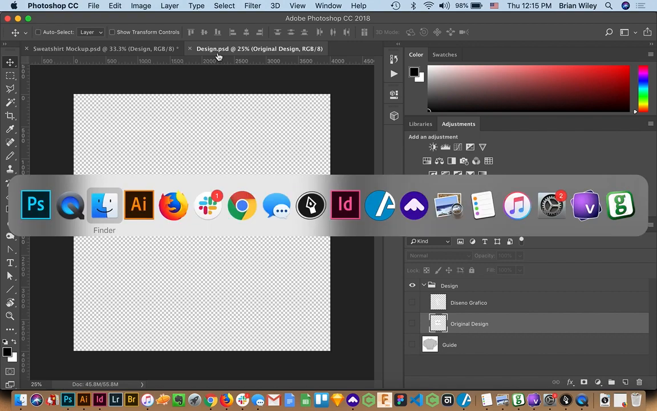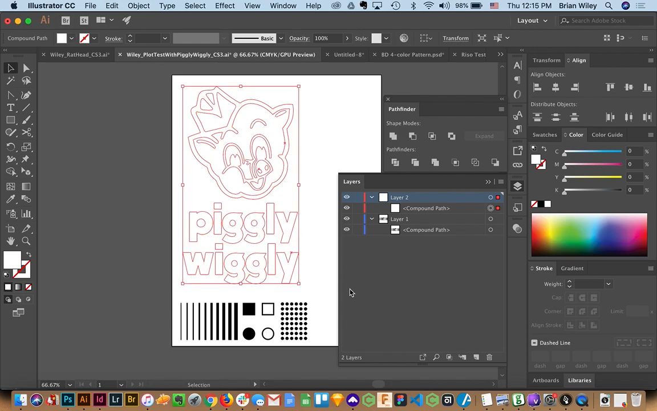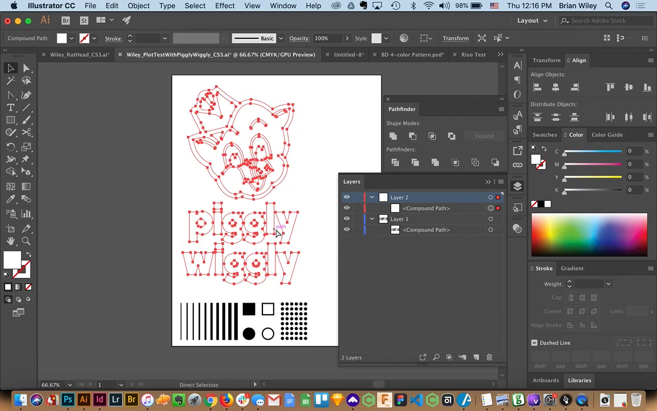The next thing we're going to do is come over to Illustrator and copy our design. You'll notice that I've taken this Piggly Wiggly design and made it white. Whatever color you make it is going to be what color it is in Photoshop, so you need to change that now. And then you need to copy, so I'm just going to hit Command C,